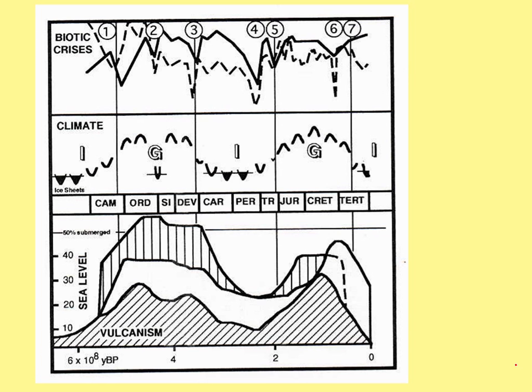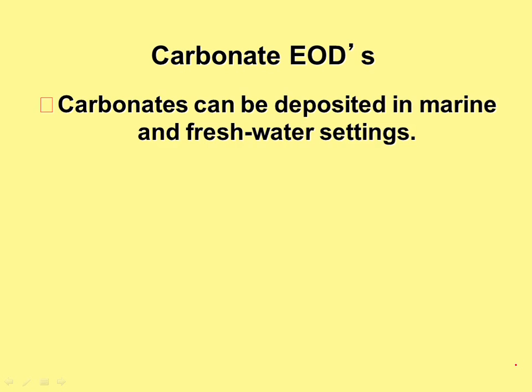Well, when you're in an icehouse climate, ice caps are forming on the continents, and the water that it takes to generate those ice caps causes sea level to fall. Similarly, when you increase the temperature, you go to a greenhouse climate, you melt the ice caps on the continents, and that will cause sea level to rise. Okay?